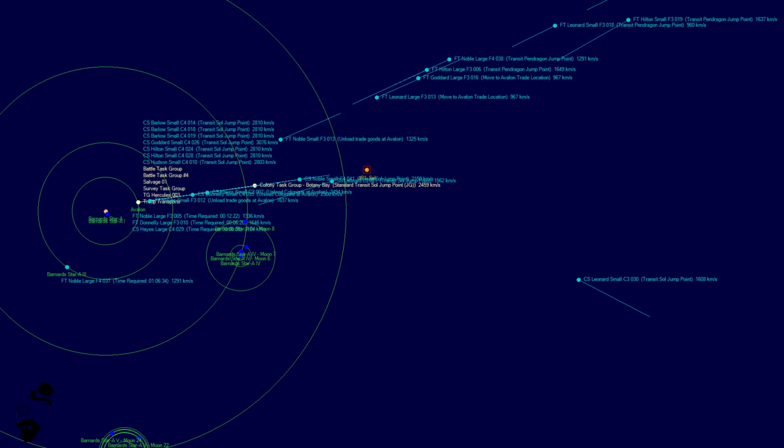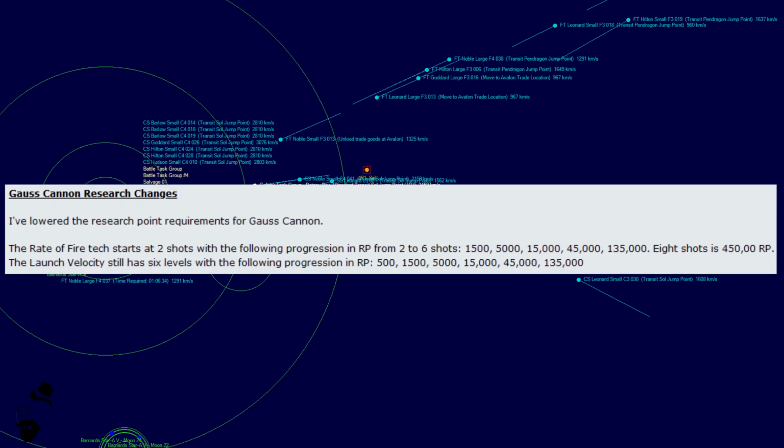Okay, moving away from system design, we have some changes to Gauss cannons. The research point requirements for Gauss cannons have been lowered. Good, because they are way too stupidly expensive. The rate of fire tech starts at 2 shots with the following progression in RP, up to 8 shots at 450,000 RP. The launch velocity still has 6 levels with the progression in RP from 500 to